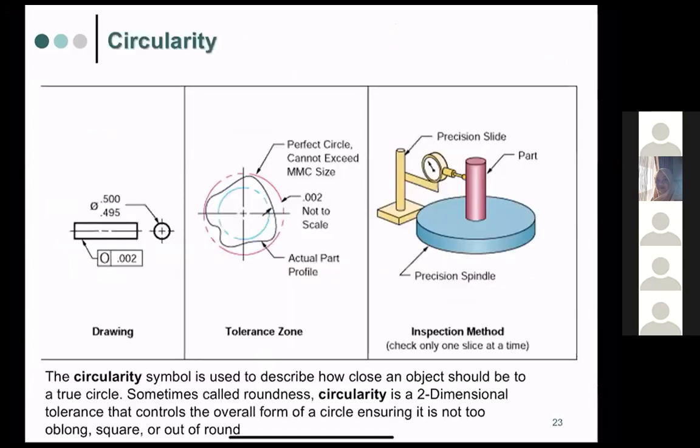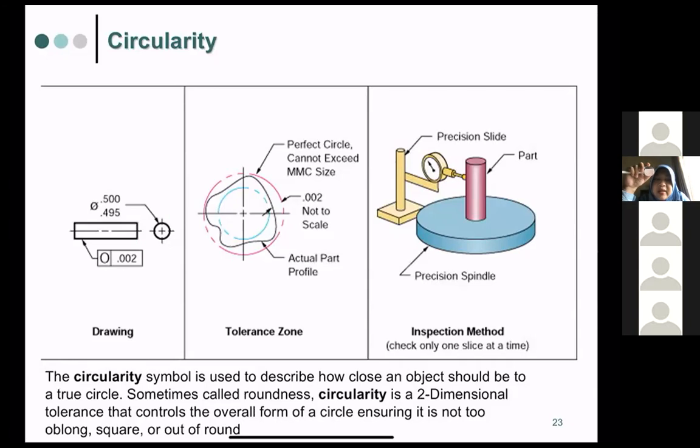Okay, so the next one. The next one is circularity. Okay, circularity, or kebulatan. Even though we claim that we have a circle in here, practically when we